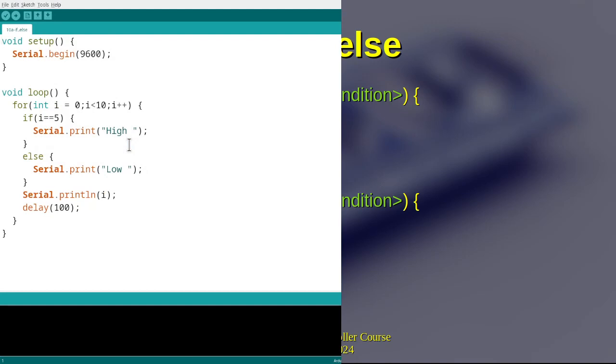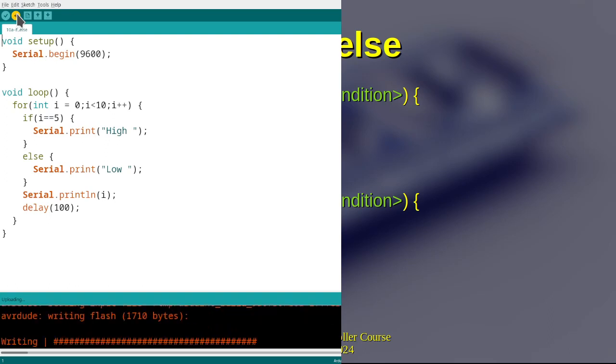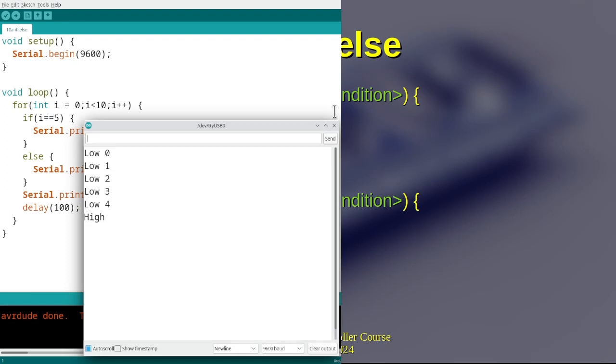So we can now say if I is equal to 5, then print high, else, in other words, if I is not equal to 5, then print this. And then when you finish doing that, just print the number as well. Okay? And delay a little bit so they don't rush by. So we upload that to the microcontroller, have a look at what the result is,